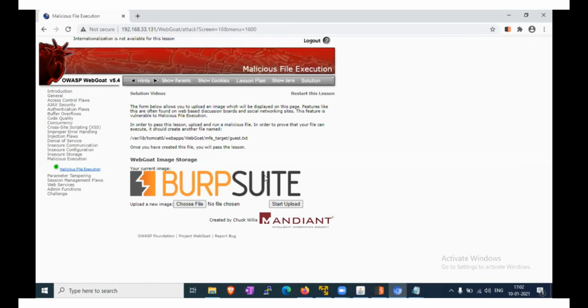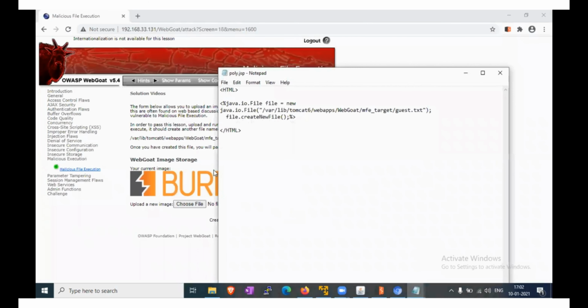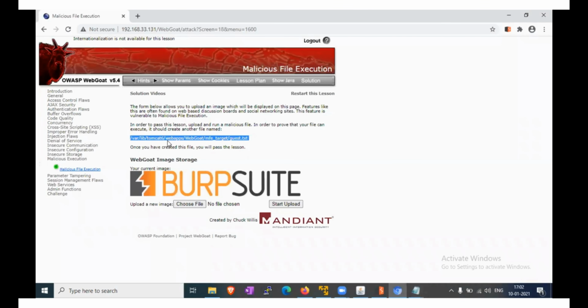Now we have to create one malicious file in HTML using the path provided for this lab. In order to pass this lesson, upload a malicious file. To prove that your file can execute, it should create another file with the name shown here.